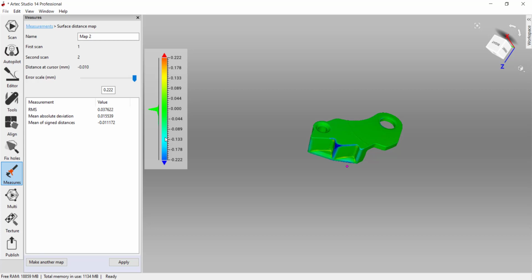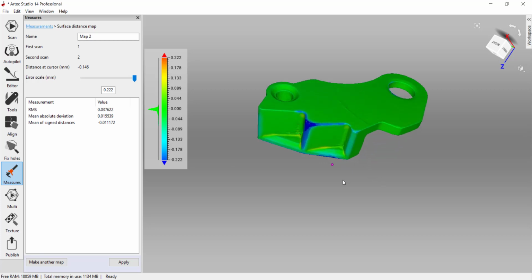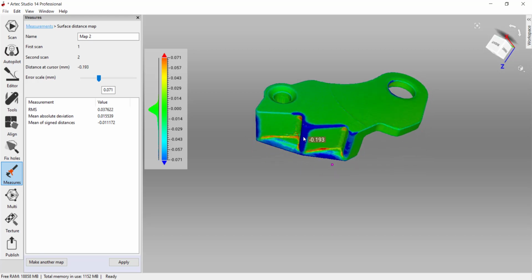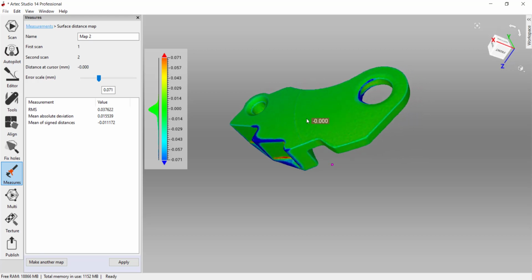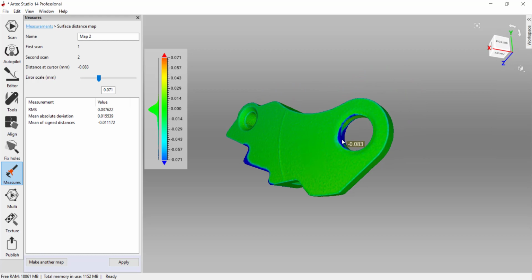Below here, where it goes into the light blue and dark blue, this means that the data is going to be negative. We can also increase this error scale to be a little bit more colorful, so you can look at it a little bit more. And anytime you hover over the part, you can see deviations of where the part is coming out of tolerance. So right here in this cylinder, we have it coming out of tolerance negative